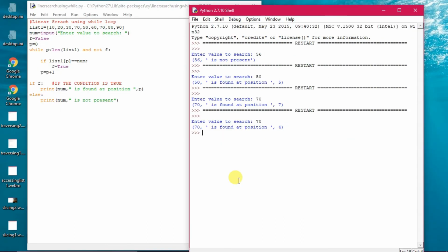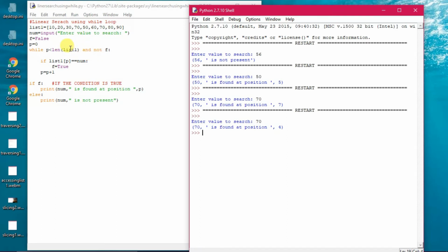So now this particular program, I hope you understand. Since you have not employed break, I told you earlier that we have given not F, meaning when the item has been found, F equals true. Here the and condition has been given, and not F means it is not true. That means it is becoming false, and whenever and is used, all the conditions must individually be true.